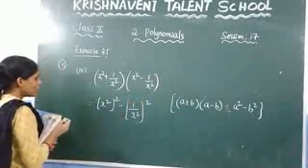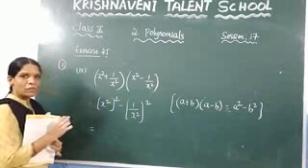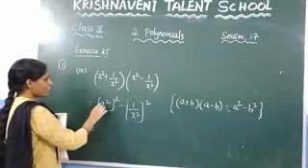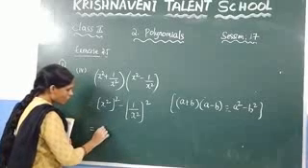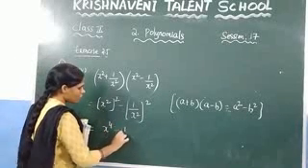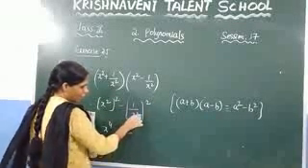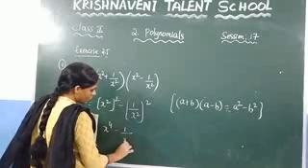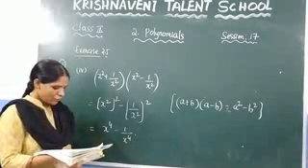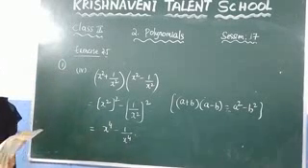So here you know that it is in the form of a power n whole power n. What is the formula for a power n whole power n? A power m into n. So you get here x power 2 into 2. What is the value of 2 into 2? Which is 4. X power 4. Similarly here minus 1 by, again it is in the form of a square whole square. So a power n whole power n. So you get here x power 4. This is the problem. Now here the fifth one, they have given 1 plus x into 1 plus x. Let us solve that one.